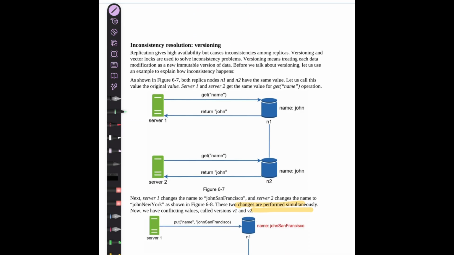Let us talk about inconsistency resolution. When you replicate data across multiple servers, S1, S2, S3, how do you get availability? Because you are pretty sure that even if one of the nodes is down, the other nodes are available to serve you. But this comes at the cost of the data getting inconsistent between them, because a client may interact with either of them for a write.